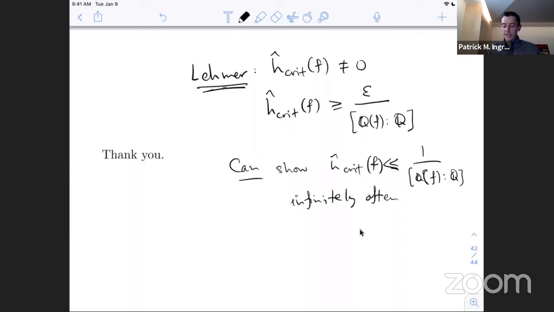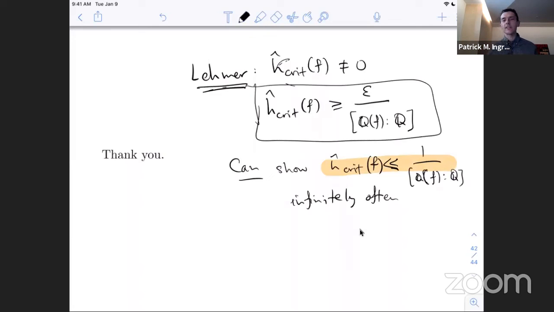In the P1 case, it's not even trivial to construct examples that show that lower bound is the right asymptotic, but you can do that. And in the other direction, I think there's very little known. I suspect it's true. I do have some old results that I haven't published for unicritical polynomials, which don't give you this, but they give you something in that direction. So I think that is the right asymptotic, and a nice question for future research. What can you say in this direction?